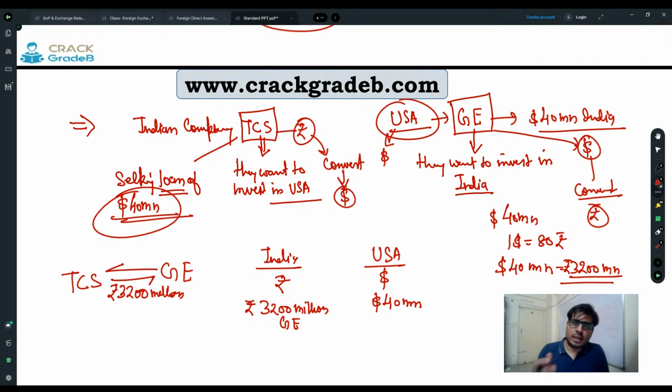So TCS will arrange 3200 million rupee in India for GE and GE will arrange a 40 million dollar loan for TCS in their country. Right. So when you are going to swap, what you did is a swap. How is the swap being done? Swap is being done that